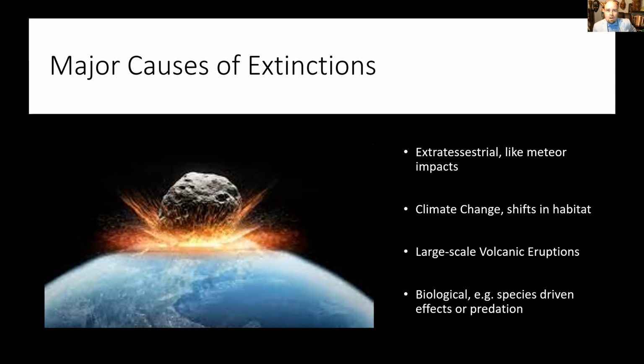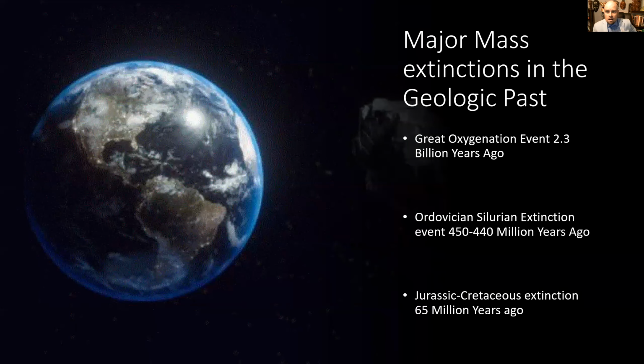Climate change, so all the different Milankovitch effects that we talked about before that cause shifts of cooling and heating in the earth. Those are things that can help to trigger extinctions at different scales. Volcanic eruptions also can cause extinctions, and even biological events. So the spread of species and some effects caused by species can cause large-scale extinctions. There are something like 6 or 7 major extinctions. There are 3 I'll mention briefly, since these are some of the biggest ones, and they're pretty cool geologically, so before humans.